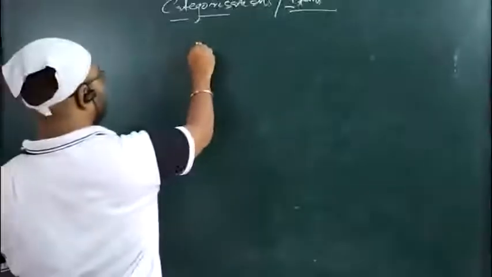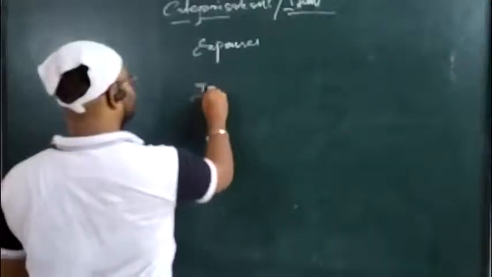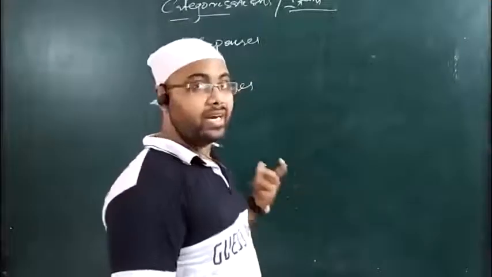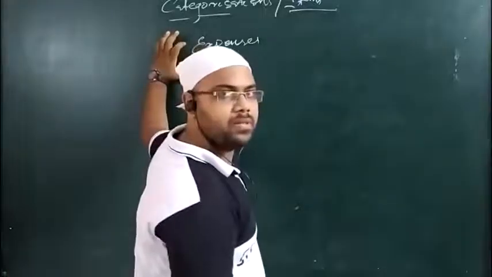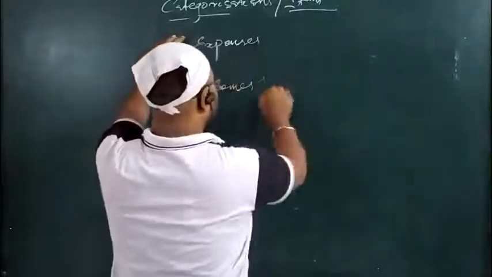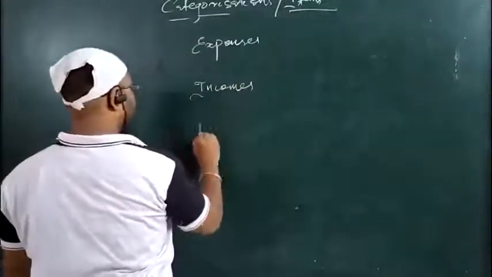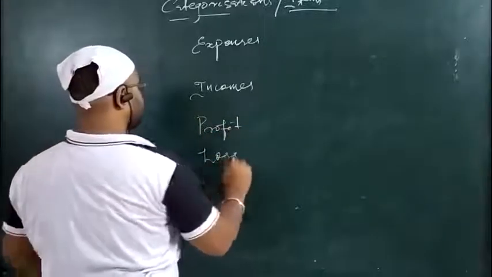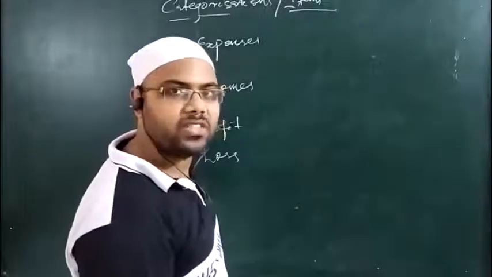See, first of all you have expenses. Then you have income. I am telling you the general way, please look and understand properly. Expenses and income: if these two factors are there in a business organization, obviously after comparison of these two factors, you will get either profit or loss. So I am writing here profit, loss. So these two are also distinct items coming out of the comparison between expenses and income.